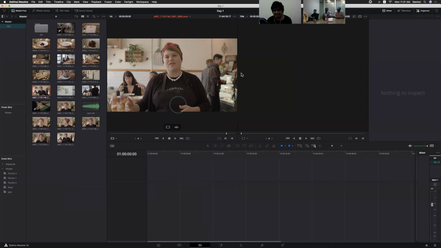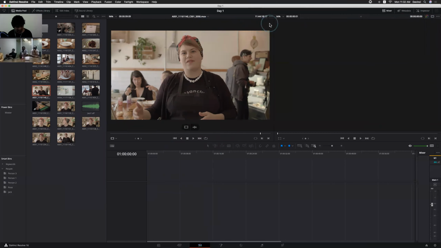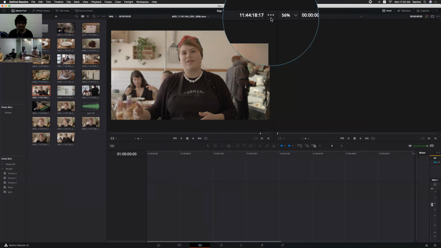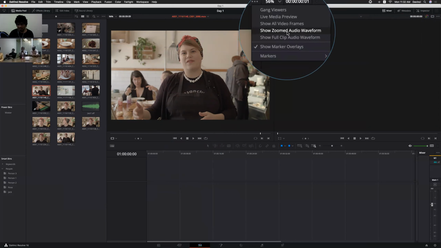If you are working with audio, we can see the separate audio waveform here. Let me close the inspector window. Wherever you see these three dots, that means it will show you more options. It will open a drop down menu. So click here: full clip audio, zoomed audio.